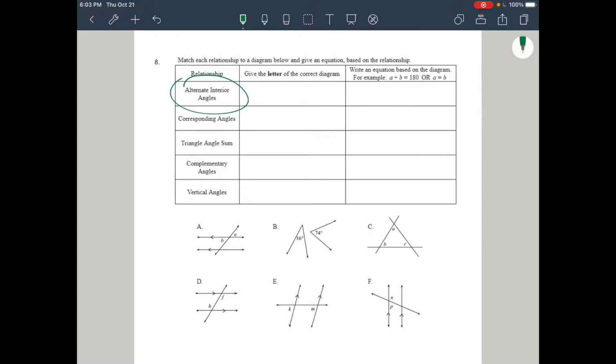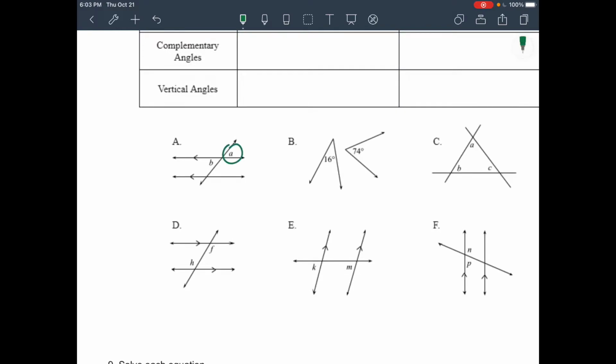So alternate interiors: alternate interior angles are on alternate sides of the transversal and inside the parallel lines. So we only look at lines that are parallel, so that would be like A, D, E, or F. And we want things that are on opposite sides and inside. So looking here, this is not inside the lines, so that's out. And then looking at these, they are on alternate sides and inside the parallel lines, so that is the answer. So D